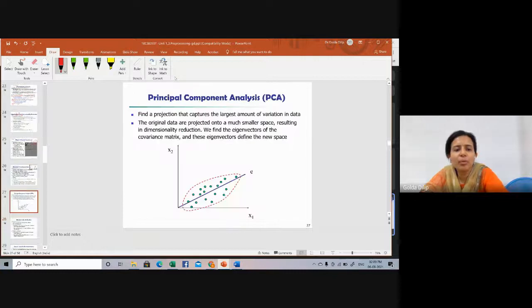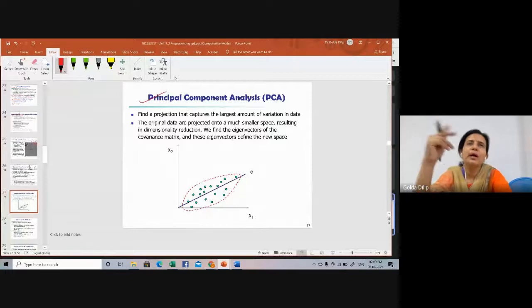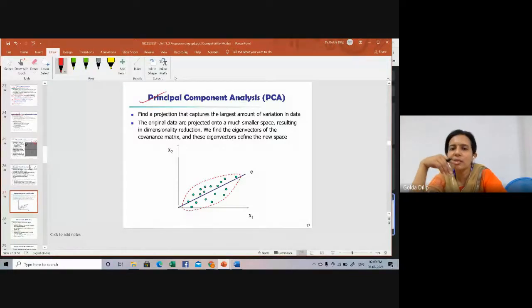Next is what is called principal component analysis, or PCA. Before we get into the technicalities, let's first try to understand what this PCA is all about. Principal component analysis is used only when you have a data set with a large number of attributes, because the real world data we encounter is very huge. You can even call them messy data sets, with a large number of attributes.